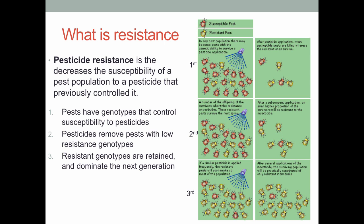Now, we're talking about resistance in terms of pesticides, because that's really where most of the concern with resistance is. But I just want to say that resistance can occur in any system, not just pesticides. There are cases of resistance to naturally resistant host plants. So cultivars that are supposedly resistant to pests can eventually lose their ability to control. There's resistance